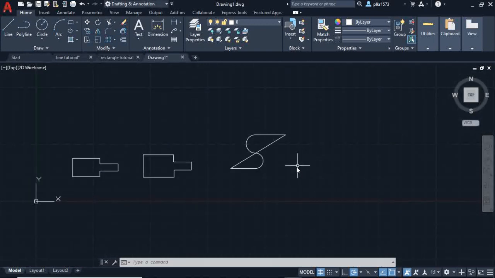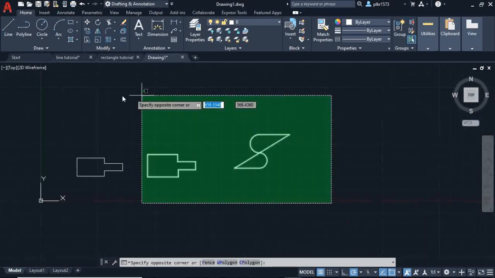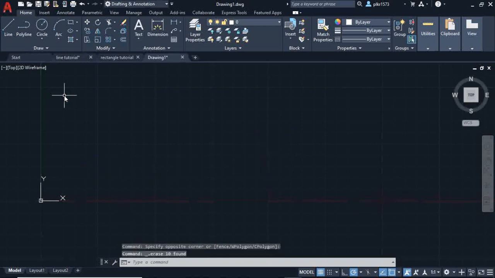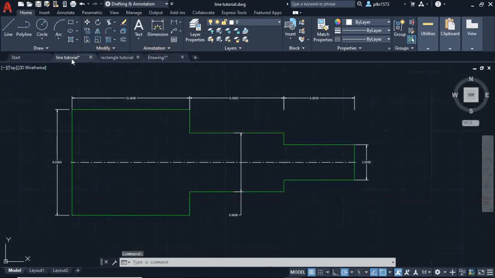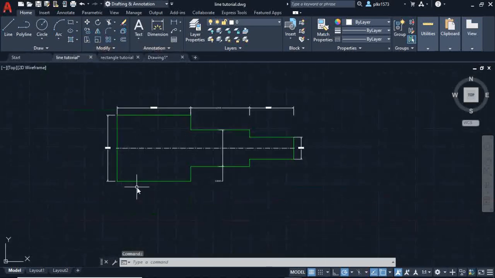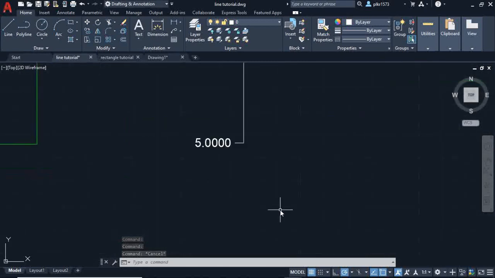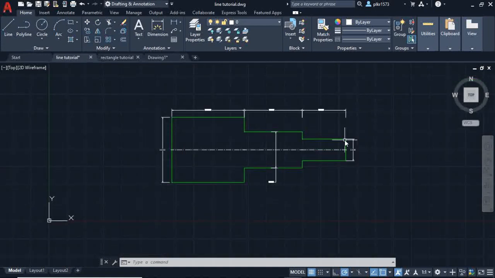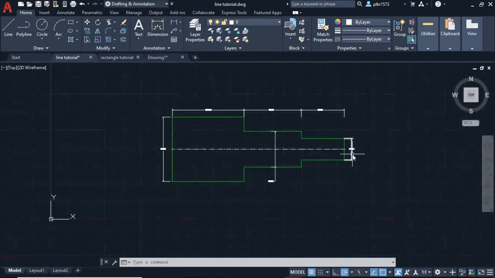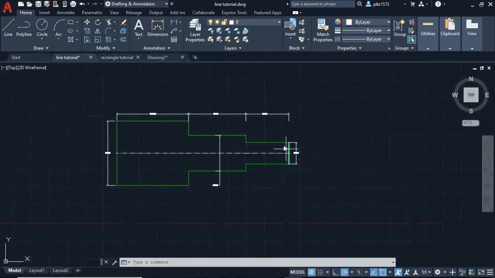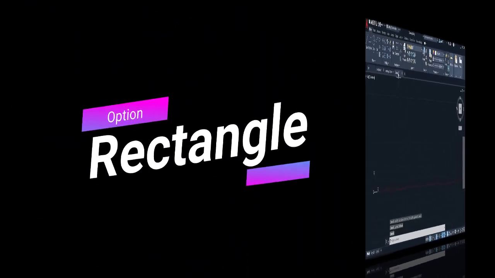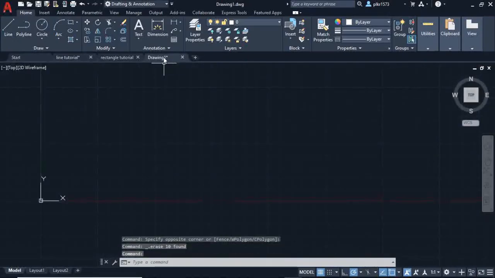So this is the difference between line and polyline. And now I have drawn a simple spindle using a line command. So you can select different segments here. So if you want, you can try in the tutorial by opening your software on your PC. So this is a line tutorial, and next one is rectangle.